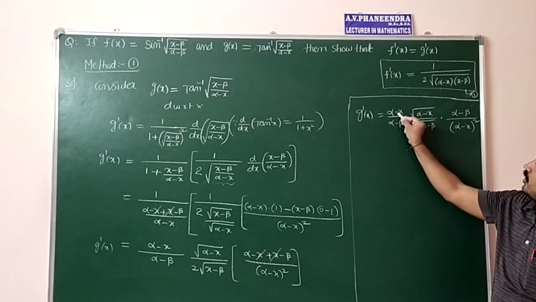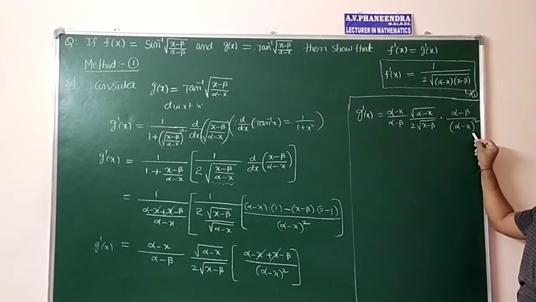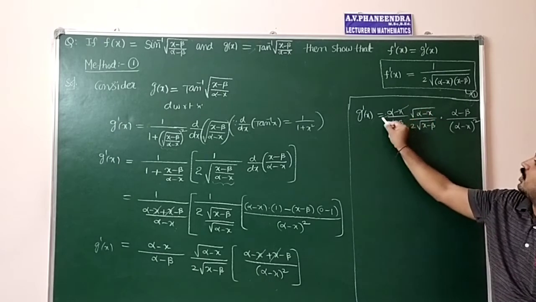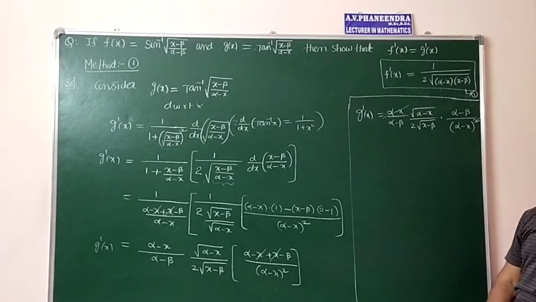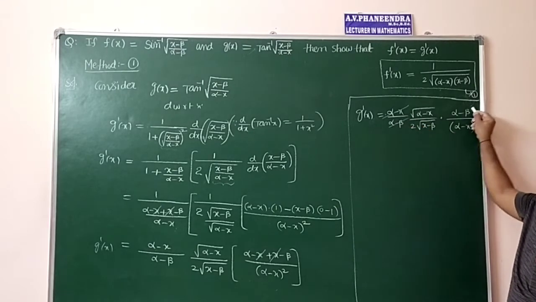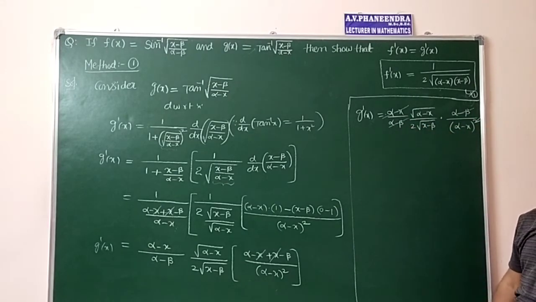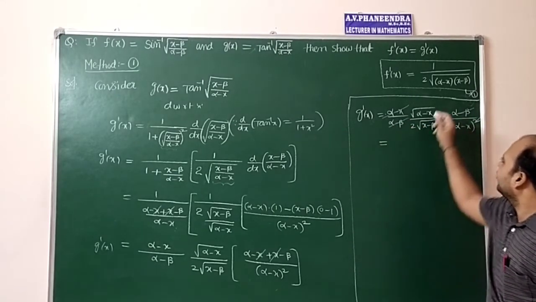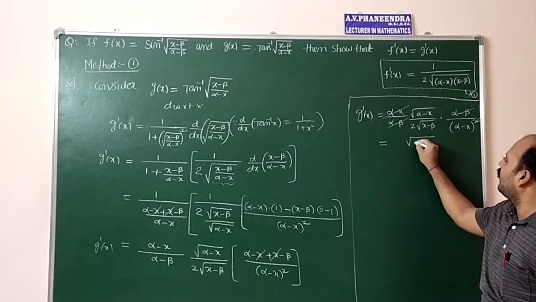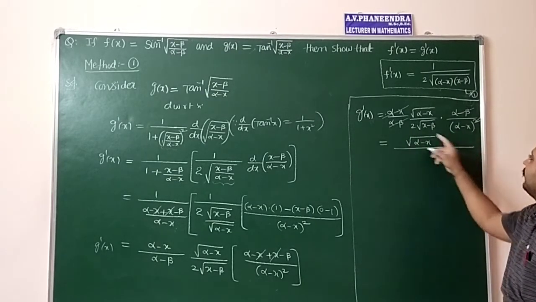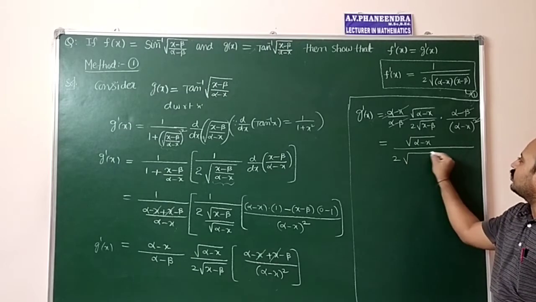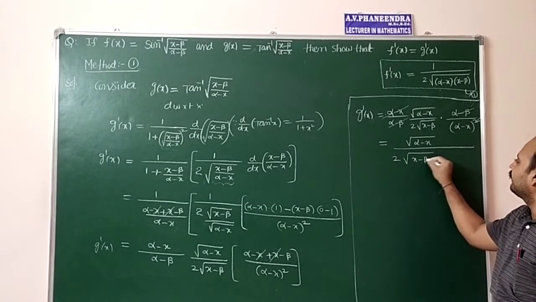So here alpha minus x, here alpha minus x whole square. We have to cancel it. Alpha minus x whole square, one of the value of alpha minus x, alpha minus beta also get cancelled. Which is equal to square root of alpha minus x divided by 2 into square root of x minus beta